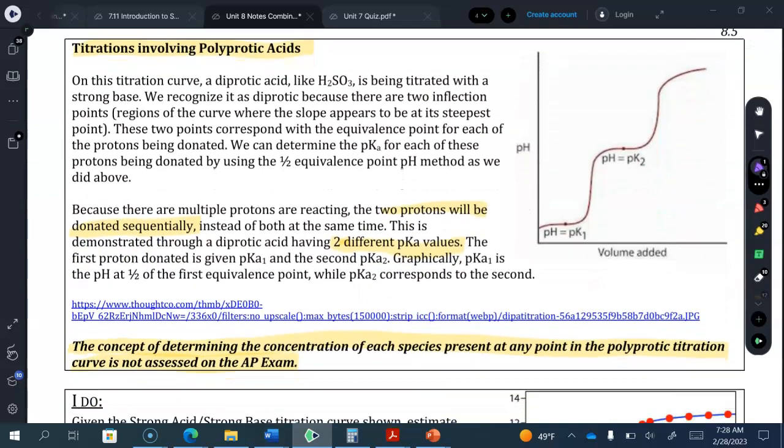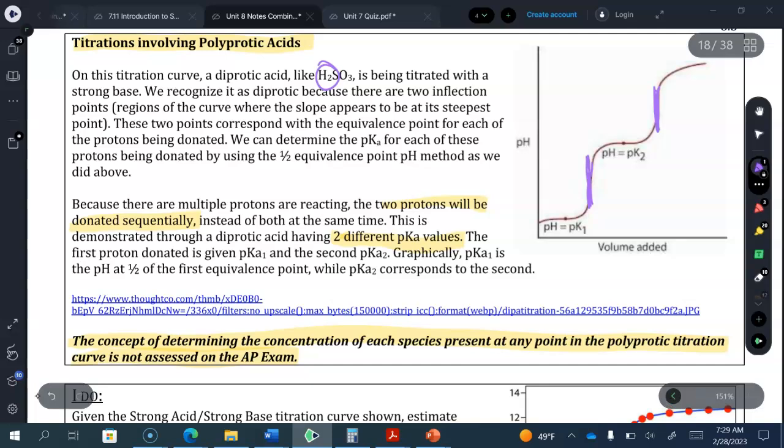Also, titrations involving polyprotic acids. We see on this titration curve a diprotic acid like sulfurous acid being titrated with a strong base. We recognize it as diprotic because there are 2 inflection points, so this one and this one. And remember, those are the regions of the curve where the slope appears to be at its steepest. These 2 points correspond with the equivalence point for each of the protons being donated,